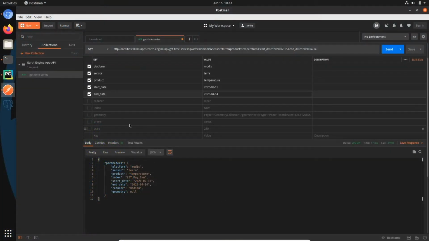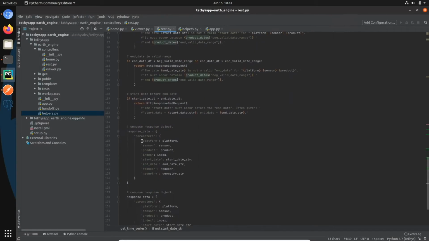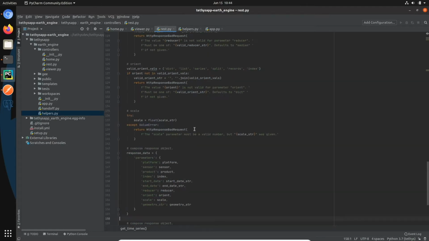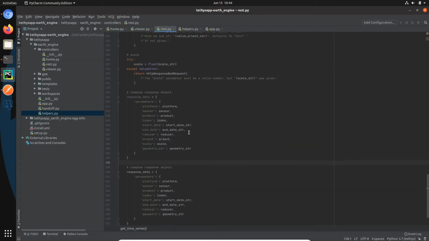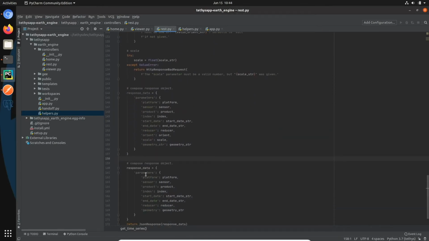Let's go ahead and move on to validating the reducer, orient, and scale. These parameters are fairly straightforward, so we'll just go back to the REST API controller and paste this information. I forgot I need to replace the response data, so let me